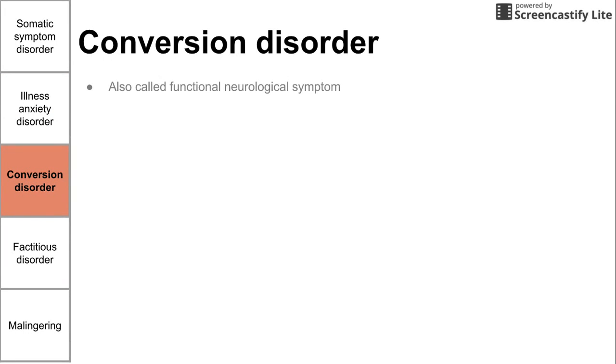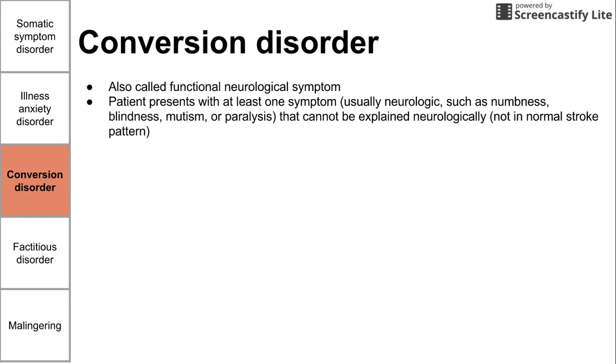Next is conversion disorder. Conversion disorder is also known as functional neurological symptom disorder. Patient presents with at least one symptom, and this is usually a neurologic symptom, such as numbness, blindness, mutism, or paralysis. This symptom cannot be explained neurologically. For instance, it's not in the normal stroke pattern, or it doesn't make sense. Usually when somebody has numbness, it's in a dermatomal arrangement, but in conversion disorder, it doesn't necessarily need to be